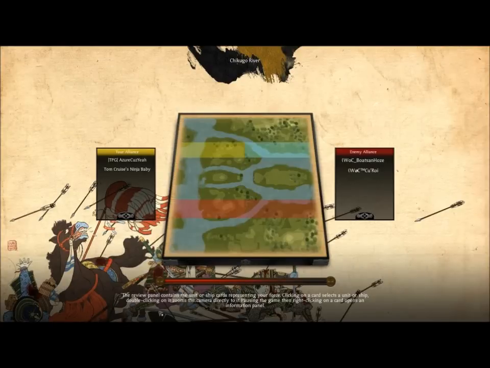It is me and Tom Cruise's Ninja Baby against WoC BoatsanHoze and Cu.Roi. This is actually one of the first 2v2 battles I did. It's pretty good based upon the fact that these guys are ranked 3 at the time, and we still won. And pretty much the main theme of this replay here is fighting